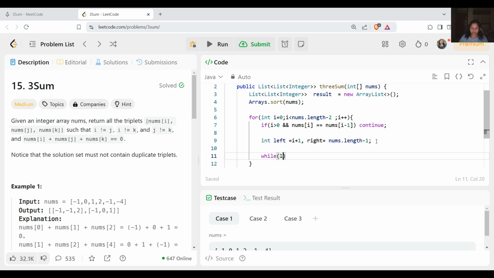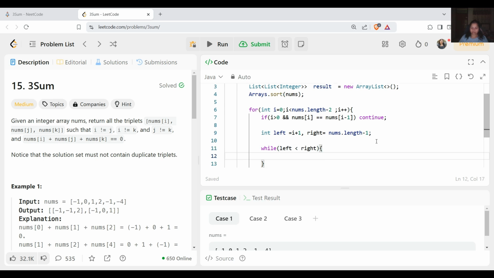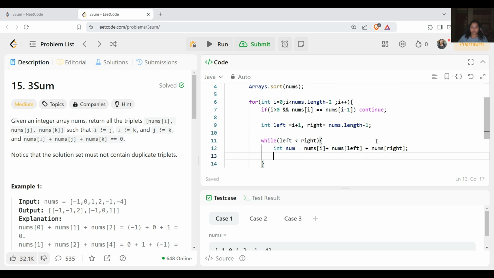While left is less than right, in that case, sum is equal to nums[i] plus nums[left] plus nums[right], right? And after that, exactly as we did in the two sum problem,